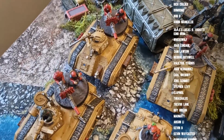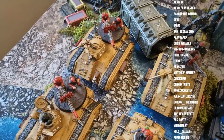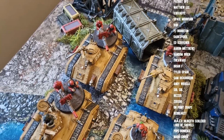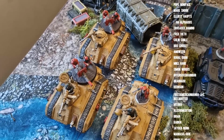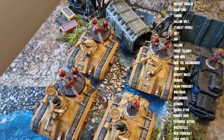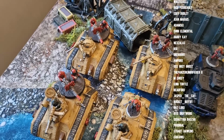Now, for my infantry in this list, we have got 3 Chimeras with double heavy bolter, heavy stubber, hunter killer missile, with 3 infantry squads in the back of them. Each one of those infantry squads has got an autocannon and a grenade launcher. That's right, we are dialing it back to 5th edition with the classic AC-GL infantry squad combo. If you were on the Dakka forums back in the day, that was the go-to recommended loadout for any Imperial